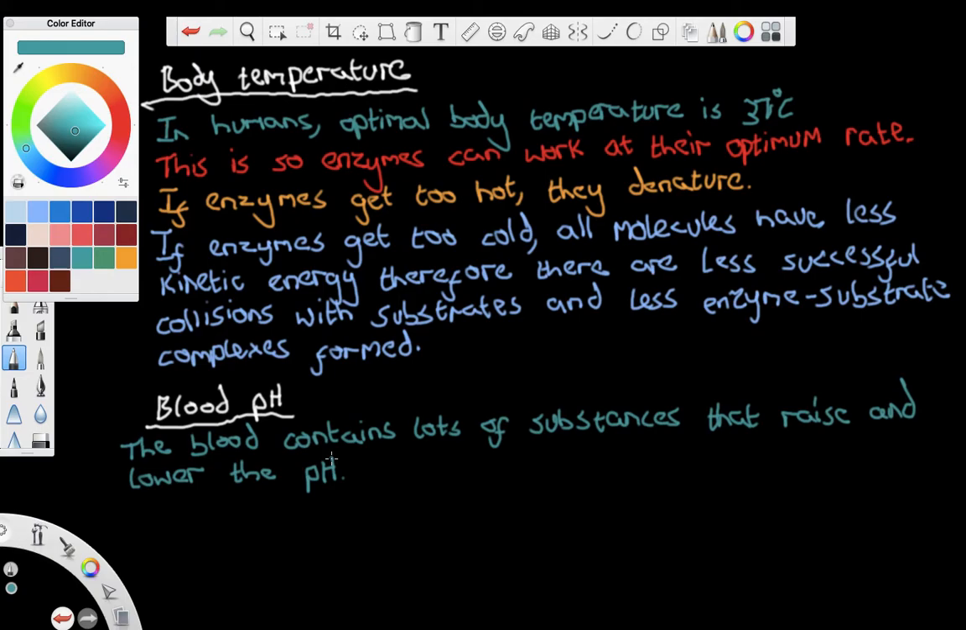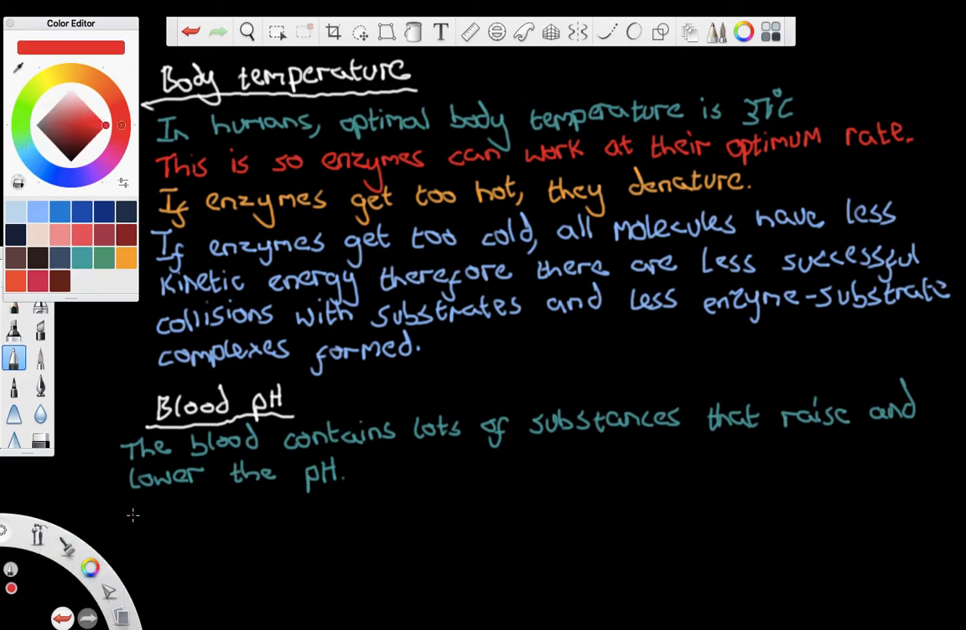These are constantly changing. So the amount of CO2 changes in the blood on a minute-by-minute basis. The amount of oxygen in the blood changes. The amount of broken down substances, the amount of urea changes in the blood minute by minute, and this can fluctuate. However, your pH of the blood needs to remain constant, so enzymes do not